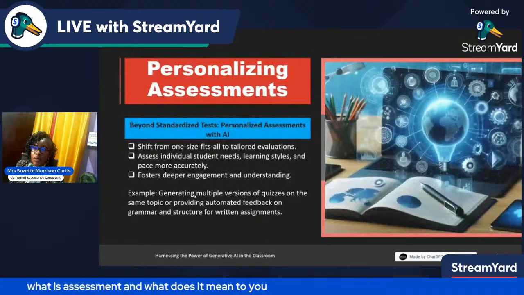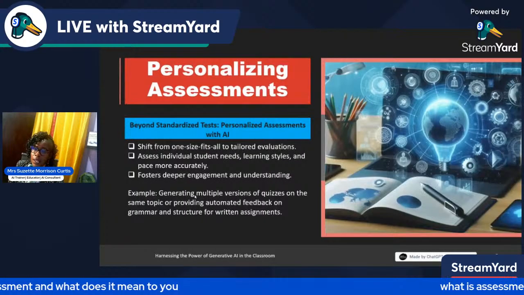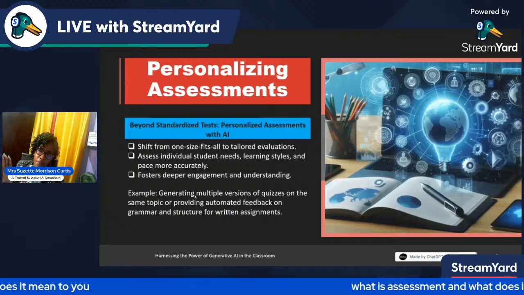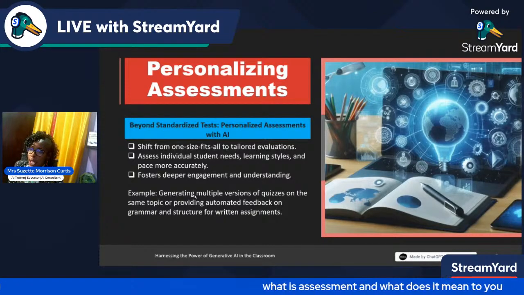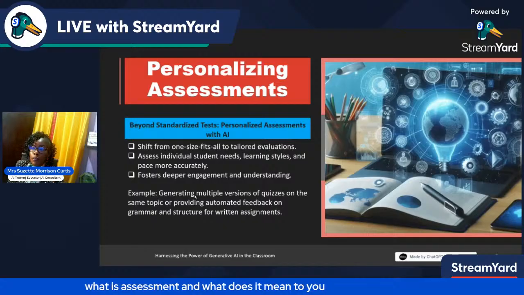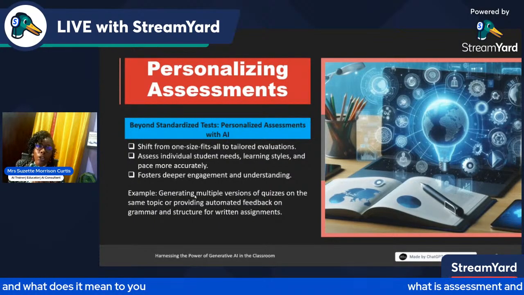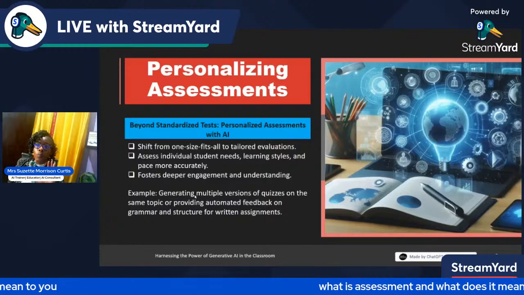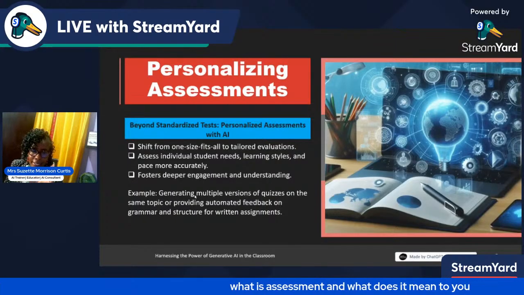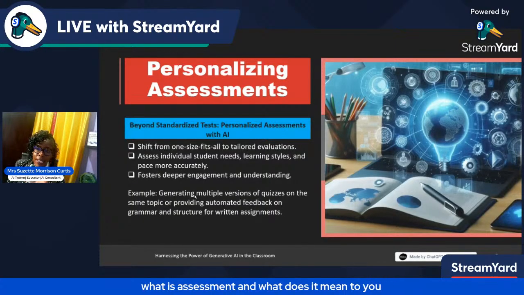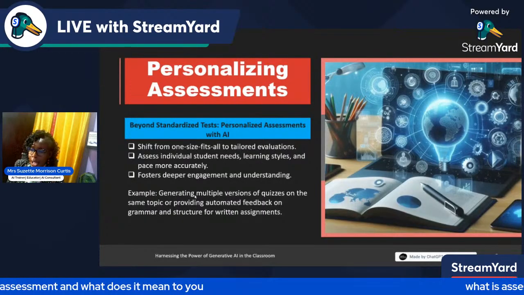Personalized learning assessments, basically looking at standard tests versus personal assessment. Why with AI, why do we do this? We have to shift now from the one size fits all to the tailored evaluations that we are used to, and look through a lens of assessing individual student needs, learning styles, and pace more accurately.